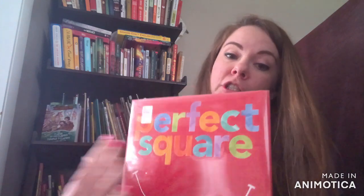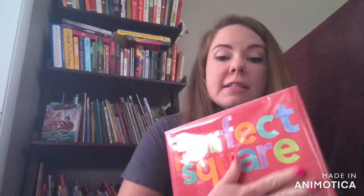I chose this one specifically because it's about shapes and it's a fairly simple concept. So right now, at 2 years old, we want your child to be able to tell us that this is the front cover, this is the spine, here is the back, and we want them to understand which way we hold our book. So are we holding it upside down, or are we holding it correctly